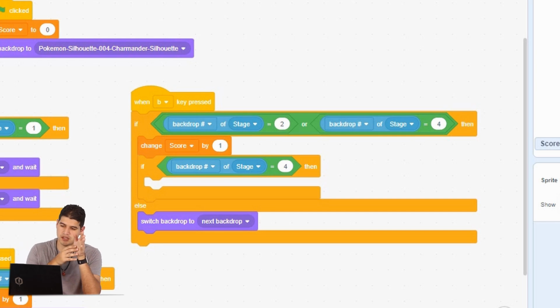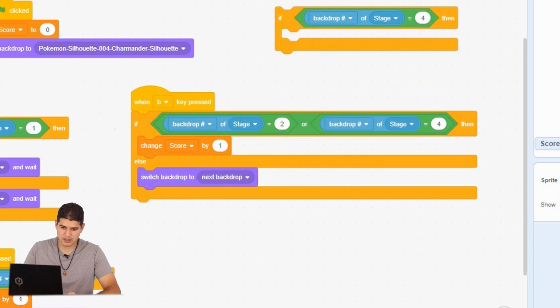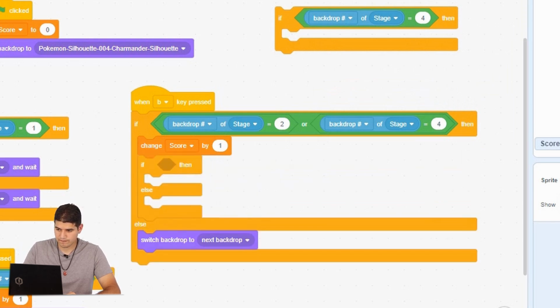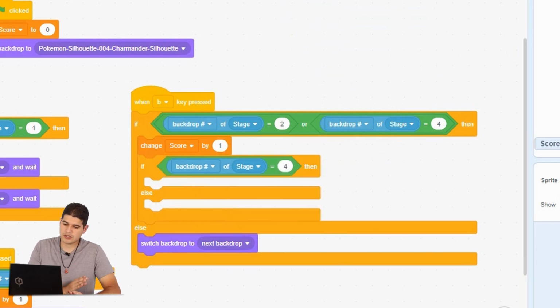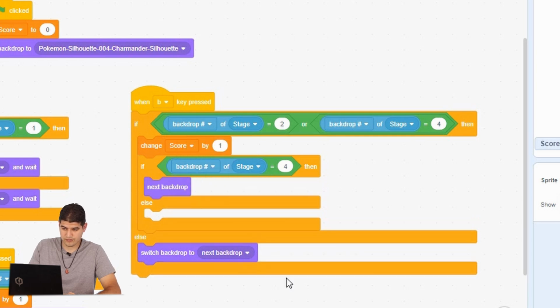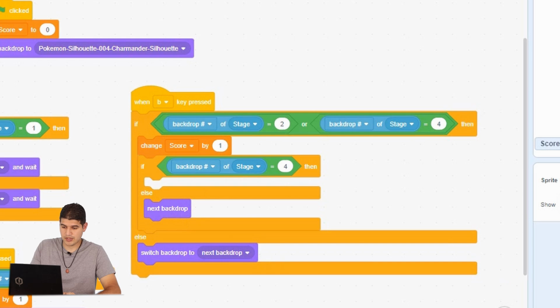Now, if the backdrop of the stage is 4, okay, that's easy. I just had the wrong block, I want an if else here. We'll put that entire thing in there, get rid of that. So if the backdrop of the stage is 4, then we go to the finishing screen. Otherwise, we just switch the background to the next backdrop. Oh, that was easy. I don't know why I've been using that the entire time. But if the backdrop of the stage is 4, we're going to go to,